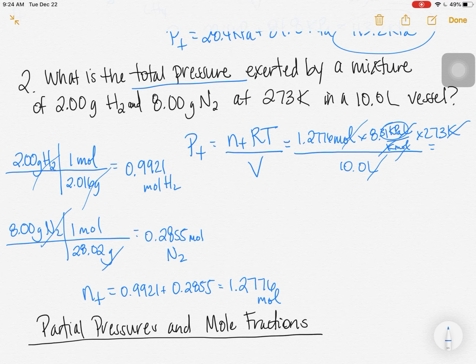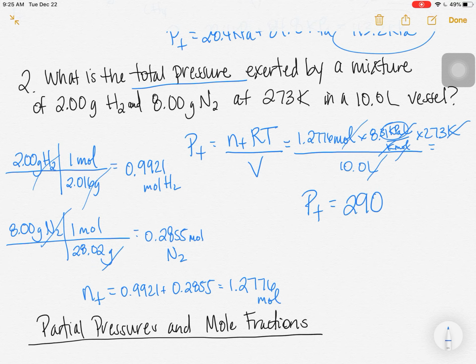And here's where I'll round finally to, let's see, I should have three, hold on. Oh, sorry, I thought I made a mistake. Okay, so when I crunch that number to 3 sig figs, I get,